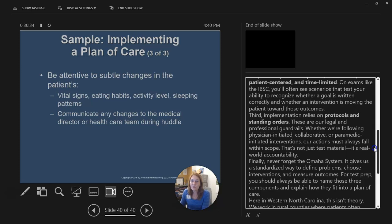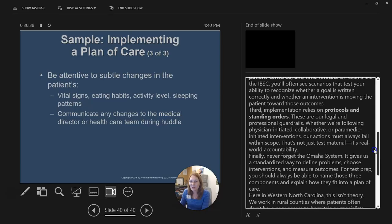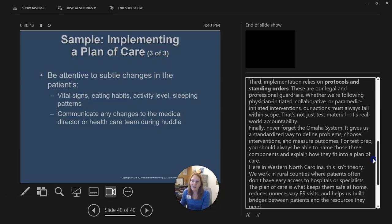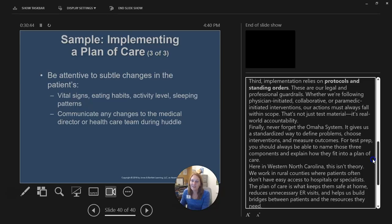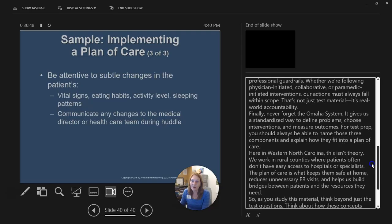Third, implementation relies on protocols and standing orders. These are our legal and professional guardrails. We should be familiar with them. Finally, never forget the Omaha system. It gives us a standardized way to define problems, choose interventions, and measure outcomes. For test prep, you should always be able to name those three components and explain how they fit into a